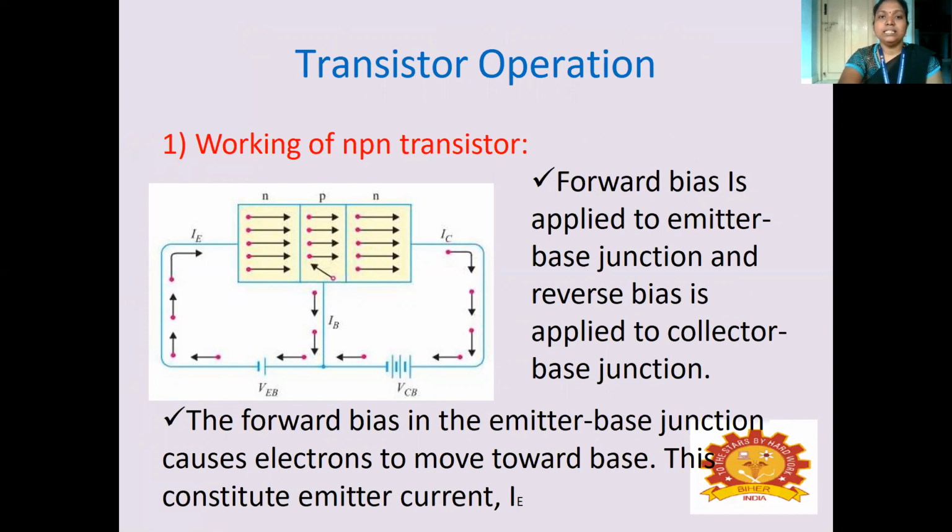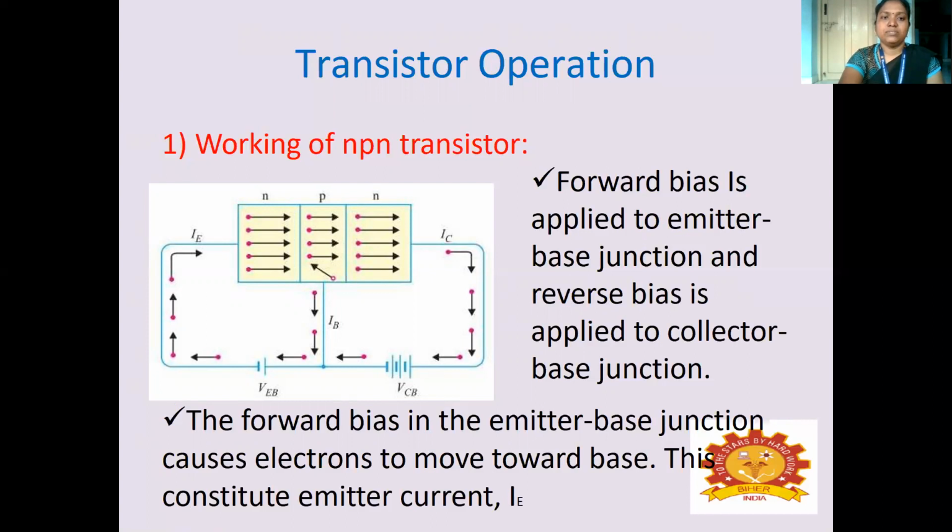You can see that, like a diode, we have three types of material. First N, next P, next N, and we can always see that P, the center one, is thinner. It is lightly doped also. When you compare with N, P should always be thinner, and we call it the base. And you can see the terminals of the supply, which is connected.